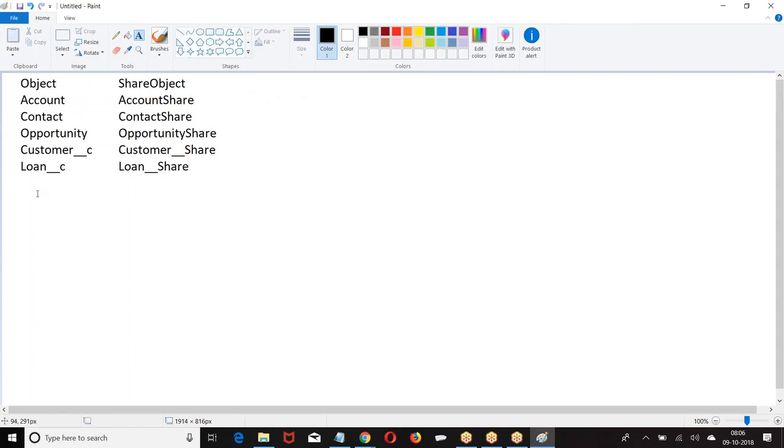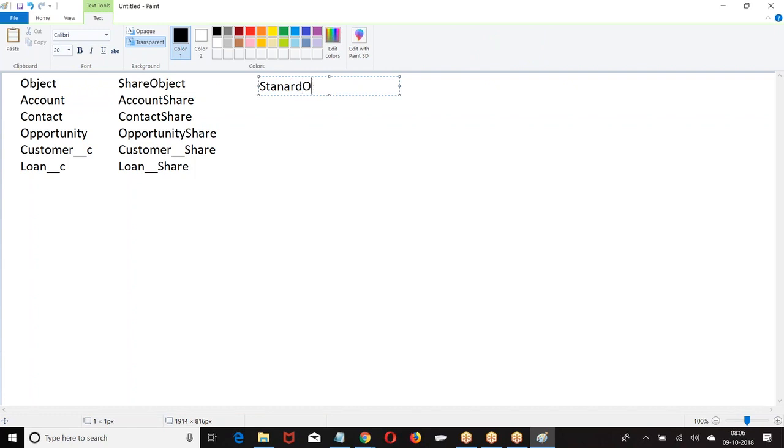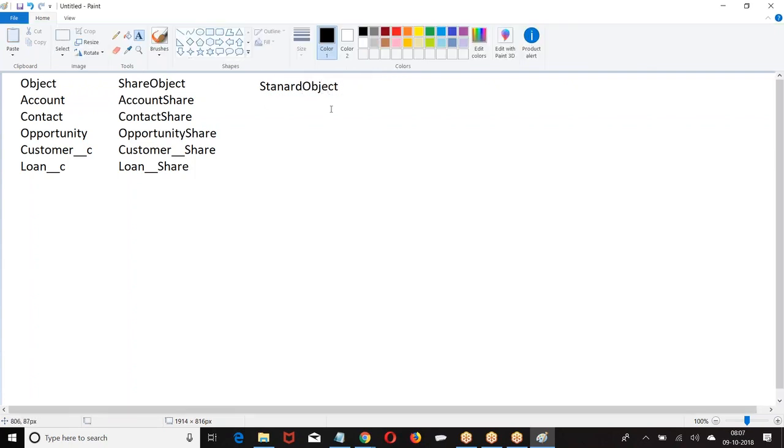Now, if you want to share a record, what are the primary points we need to know? We need to understand which record you are sharing, with whom you are sharing, why you are sharing, and how you are sharing. Which record, with whom, then why, the reason for sharing, and how. How means, is it read access or write access, what type of access. These are the 4 fields we need to understand. Now let us take a rule here. If I am looking at a standard object, I am trying to define a sharing rule on a standard object. Then what do I have?